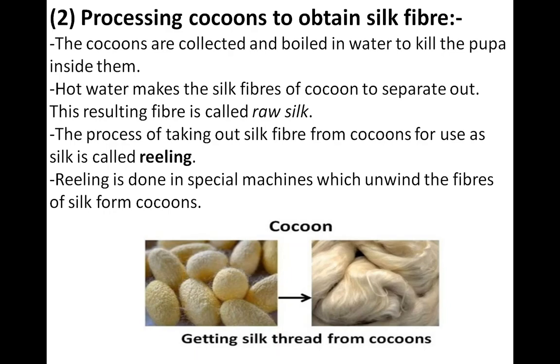So first I will explain this, processing cocoons to obtain silk fiber. See, the cocoons are collected and boiled in water to kill the pupa inside them. Okay, meaning here we stop the life cycle. Hot water makes the silk fibers of the cocoon separate out. Either we have to add